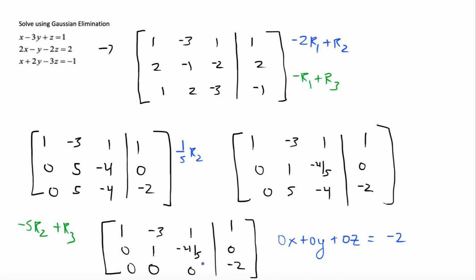Now, wait a minute. If these are all zeros, but we're going to equal some non-zero number here, this can actually never happen. Mathematically, this can never happen. 0x plus 0y plus 0z, no matter what x and y and z are, it can never equal -2 because of the zeros here. So what does that mean in relation to the original system of equations? It means that there's no solution. So here, our final answer should be